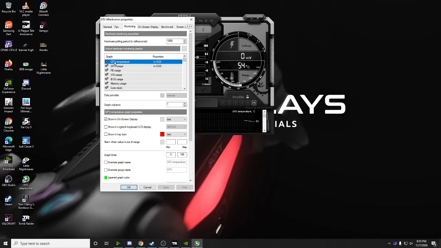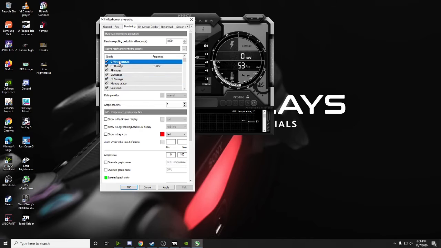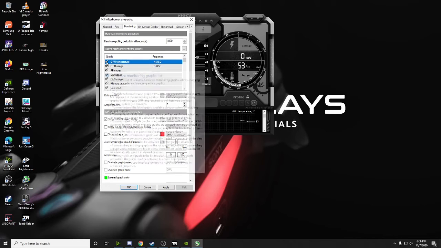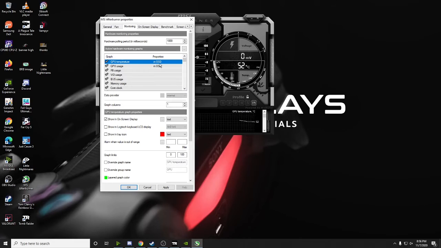Make sure, let me show you, if it is not selected like this, just select it, highlight it and click on show in on-screen display. You have to make sure that it is selected, and in the properties it should say in OSD. OSD is on-screen display. You have to check this box. Select one by one and check this box.